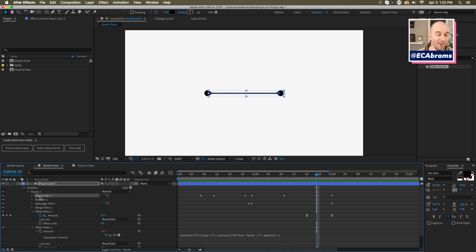So we got our geometry, right? We're getting our ellipses. I'm repeating that ellipse so that I get two ellipses. I'm putting a rectangle between them. Then I am merging them so that After Effects will treat all of this geometry as one thing. After Effects is going to grab it like a lobster and then put the sandwich in its mouth.